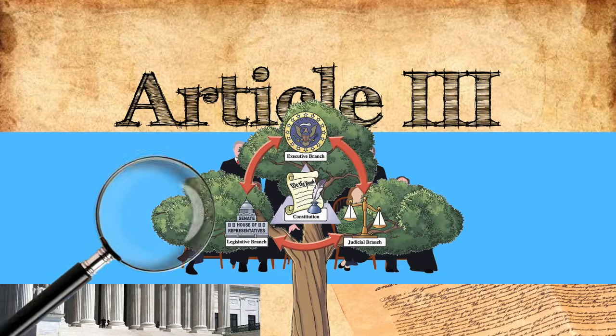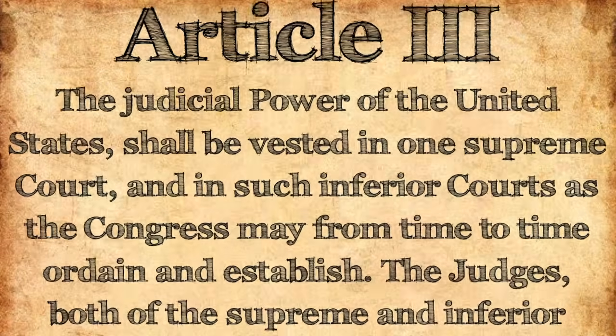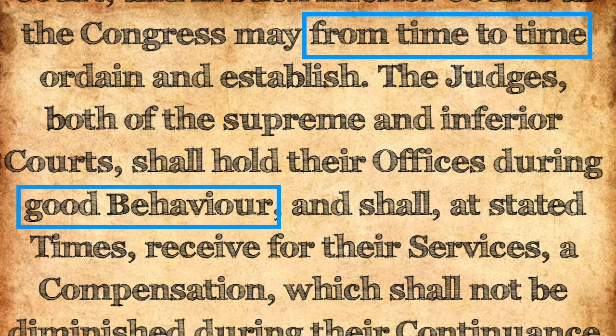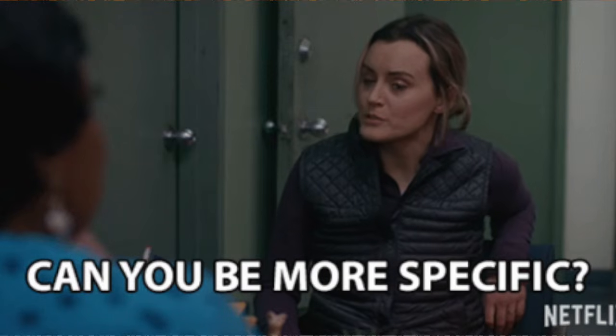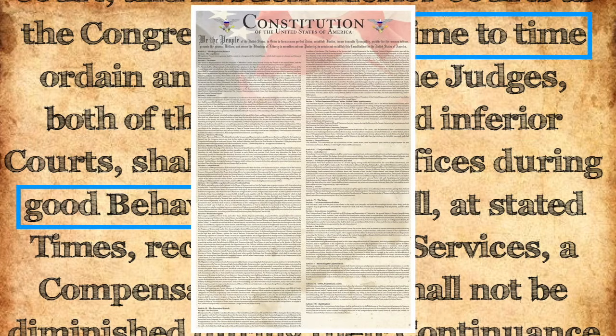Taking a closer look at the Judicial Branch, we find that Article 3 is somewhat mysterious and very vague in its wording and terminology. For example, "from time to time" and "good behavior" are very non-specific when you think about the wording for the rules of our government found in the Constitution. But there they are, that's Article 3 in a nutshell. We should probably also mention that Article 3 is one of the shortest articles in the document. It does not have very much information about this mysterious branch of government.